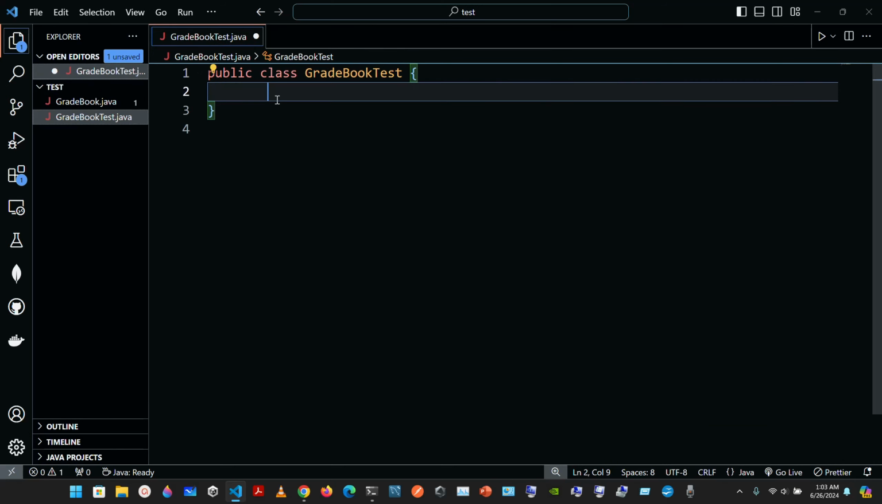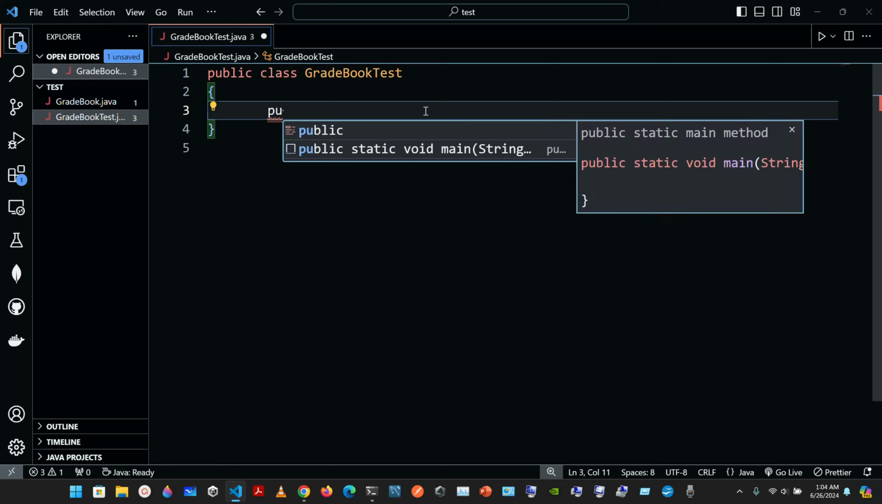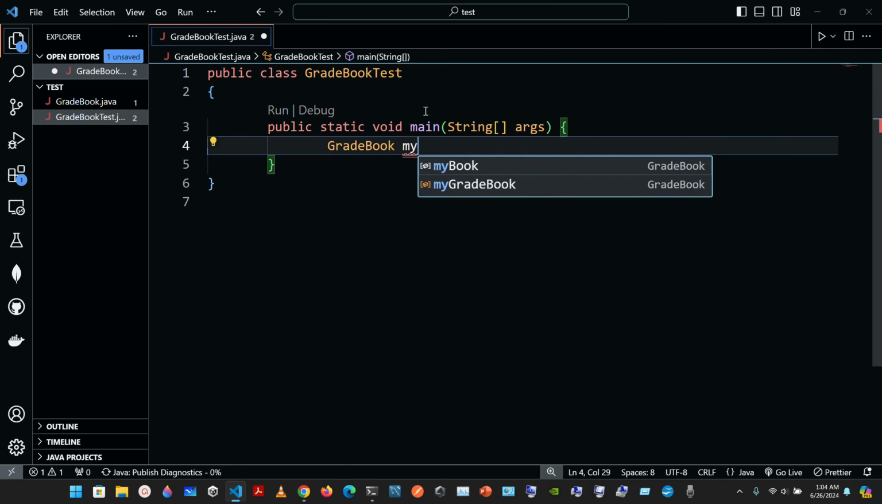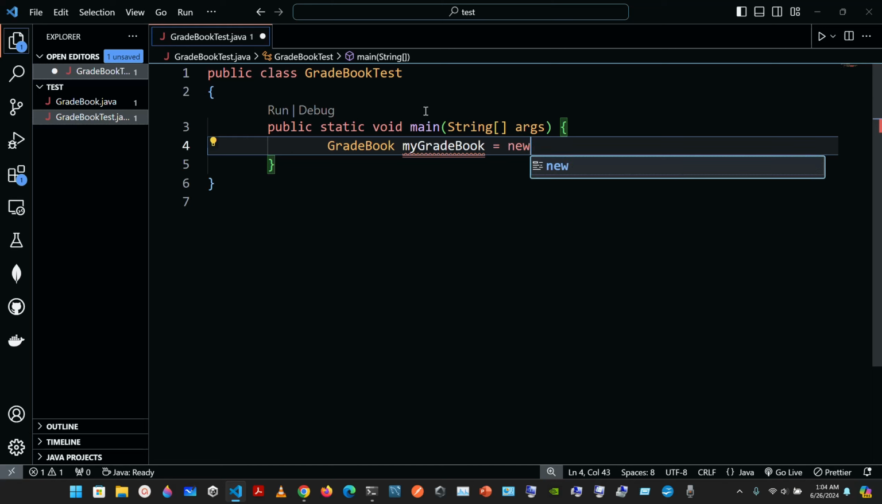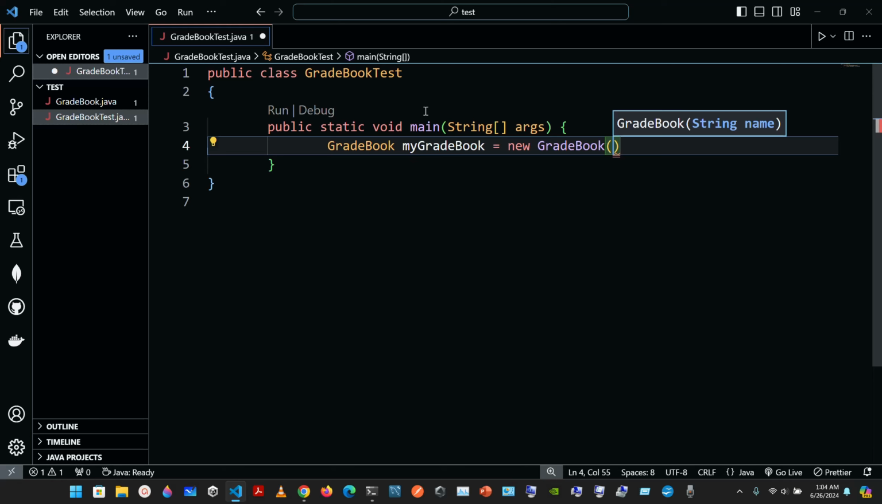Okay, so we're gonna create a GradeBook object, input grades, and display the grade report. So we have the public class GradeBookTest. We can move it like that, and here we're gonna have this public static void main, and we are gonna create the GradeBook object myGradeBook and pass the course name to the constructor. So we are gonna have the GradeBook, and we're gonna name it myGradeBook, and it's gonna be new GradeBook, like that. And inside of the double quotes,